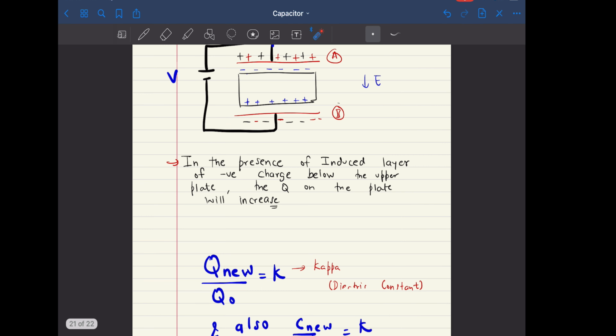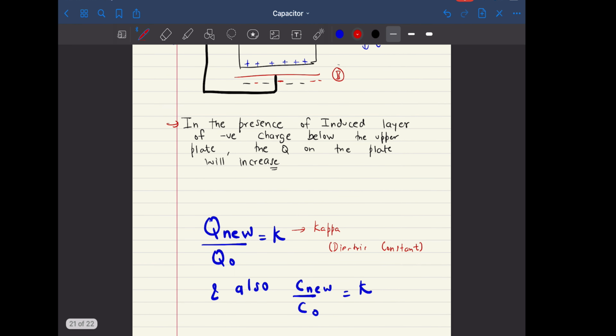So now the ratio between Q new, which is the new charge that is stored on the plate of the capacitor, versus Q old, the ratio is called kappa. This kappa is known as the dielectric constant, and we also have a relation between the old and new capacitance, which is this,